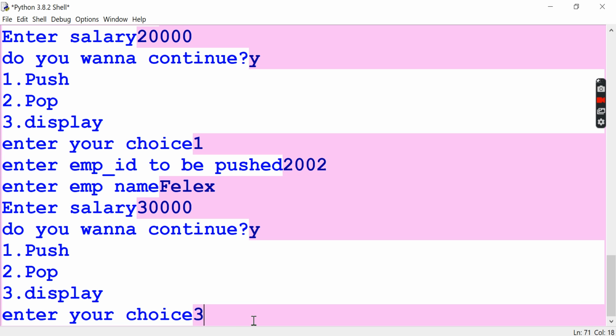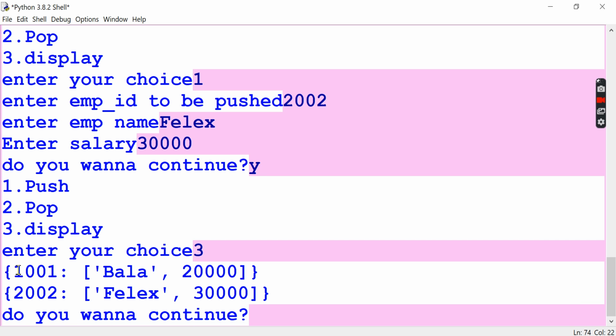Now I want to display. See here. So these are all the dictionary values. The ID has been given as the key, and these are all the values of the key, right? So name and salary, everything has been printed. So if you want to again